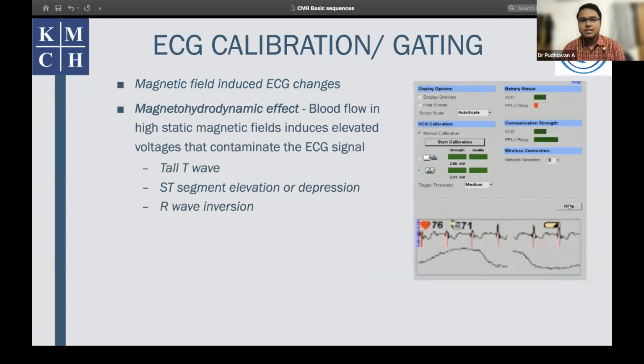This is called the magnetohydrodynamic effect, which is nothing but flowing blood, which is a good conductor of electricity, in a high static magnetic field inducing electric current within it, which can contaminate the electrical signal of the ECG. Because of this effect, the ECG that we often see on the monitor when the patient is inside the gantry can have a tall